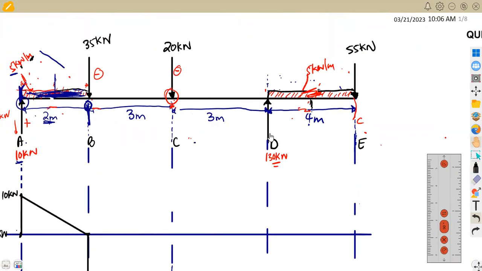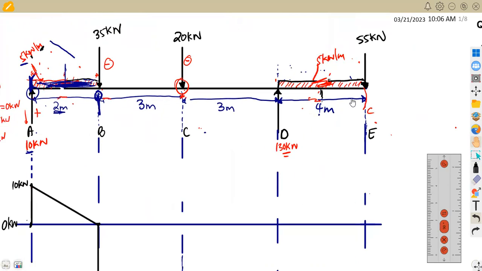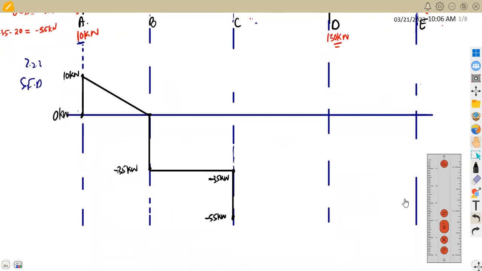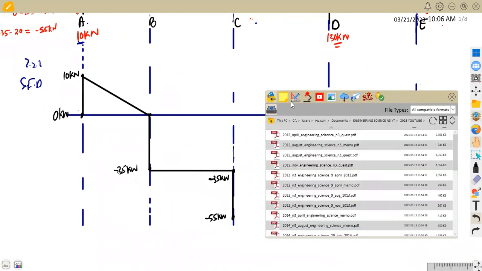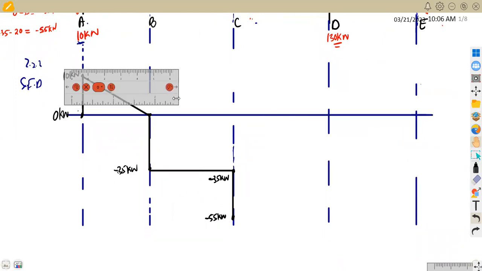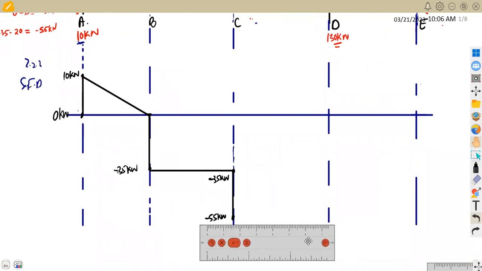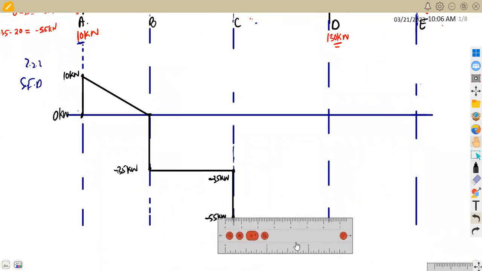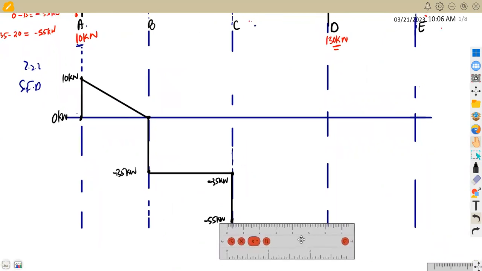From C to D, there is nothing here, just a normal distance of 3 meters. So you move your 3 meters direct to D, a straight horizontal line in this case. My ruler has disappeared and I can't remove it from where it is now, so let me set another one. Sorry for that. Like I said, I'm going to move direct 3 meters to D, according to your scale. You move straight